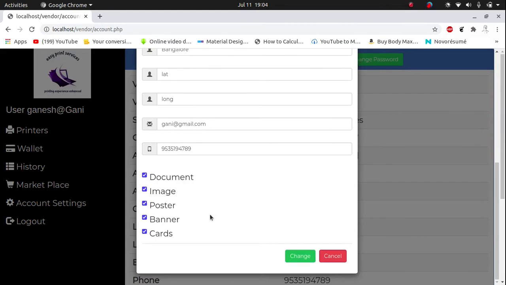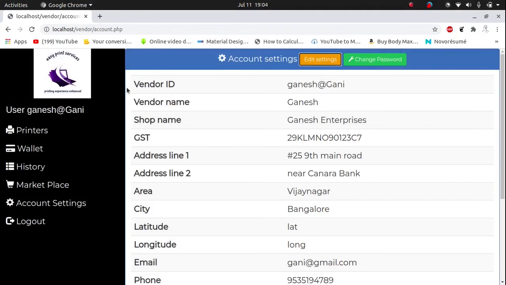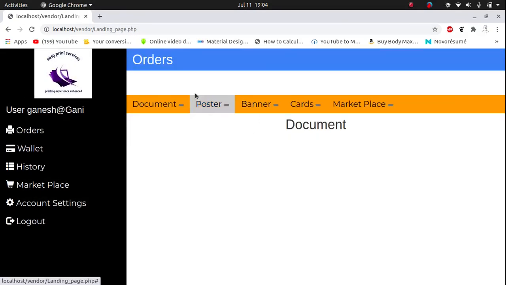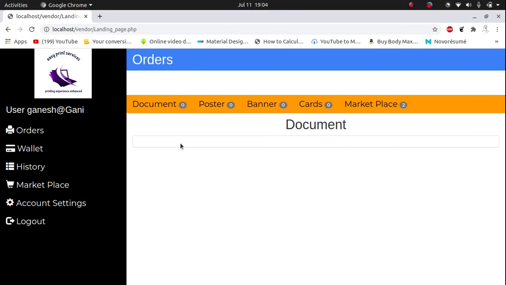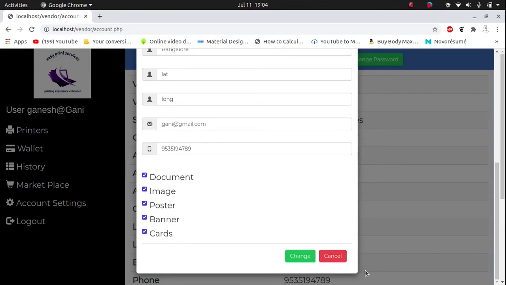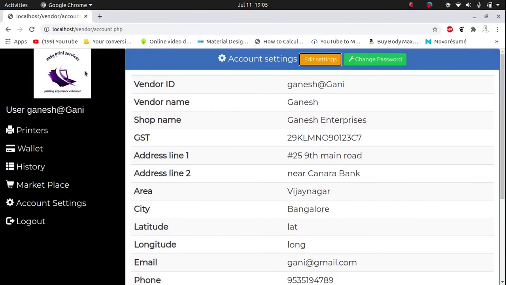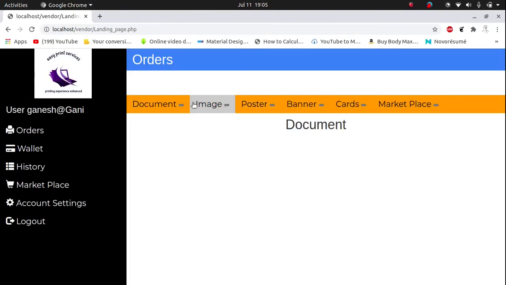So here one interesting thing is I've set everything as checked. If I just change, like I don't print an image, if I just check change, now it shows me what are all my printer status. And if I just go to printers or orders, the image tab is gone. If I want it back, again edit images and just check change, it will show me the printer status, what all my shop printer prints. So again, updated successfully. If I just go check here, the image is back on track.